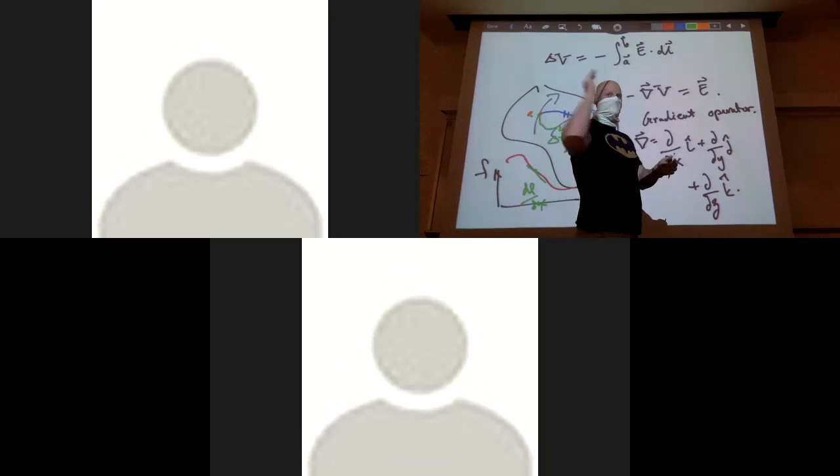If I move in the y direction, I'm seeing how my function changes in the y while holding x and z constant. I'm not moving in the x or y or z directions. If I see how it moves in the x direction, I'm then holding y and z constant. Move in the y direction, hold x and z constant, move upward, and then holding x and y constant. So partial derivative sounds fancy, but it's basically a derivative which just says hold everything else that's not that variable constant. That's a partial